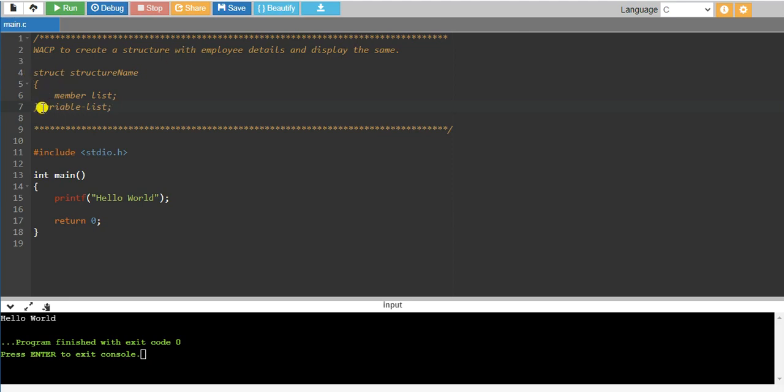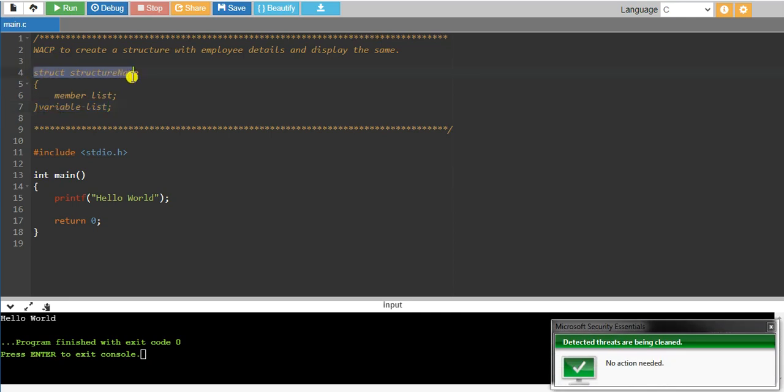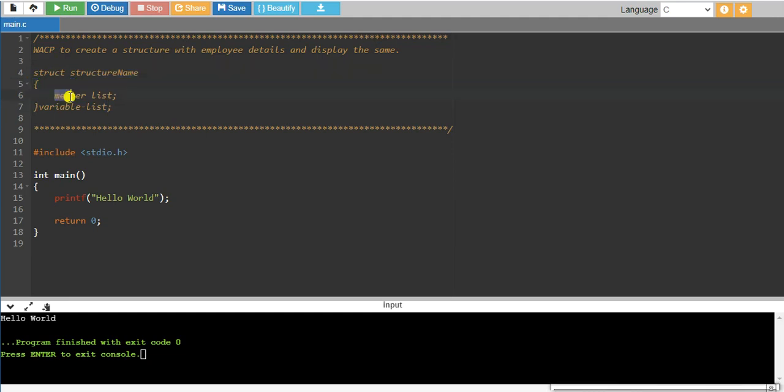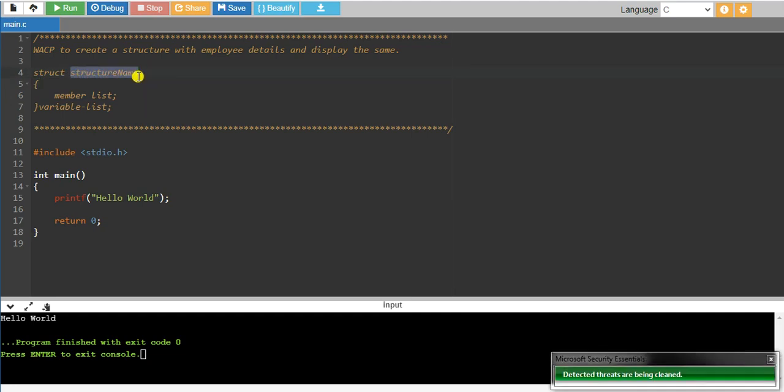Here we can declare variables of this structure type. Just like the primary data types such as int and float, which are built-in types, a structure is a user defined type.